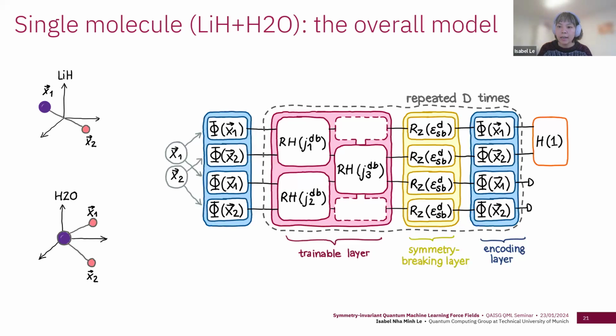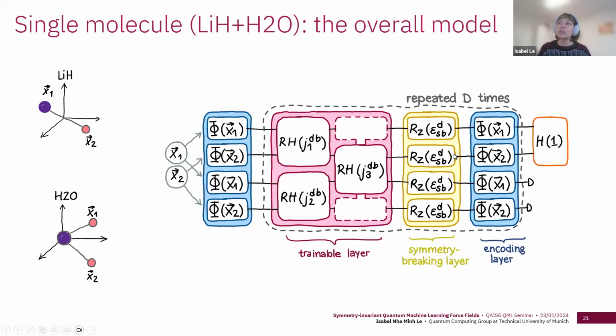So the encoding layer just looks the same for both cases, lithium hydride and water, but for the trainable layer, we just need to choose the qubit pairs differently, which is due to this permutational symmetry in the case of the triatomic molecule. And moreover, this is something I've not talked about before, we can optionally include this yellow part,